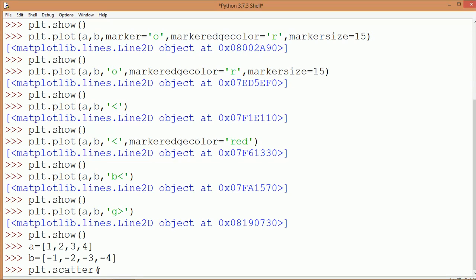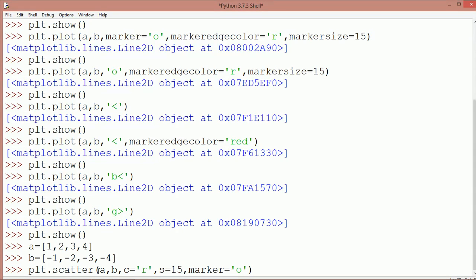plt.scatter. So what data do you want to plot? A comma B. Then we write the C attribute for color, C equal to the color code. Suppose we have the color code R, red. Then S means size of the marker, S equal to size, suppose we want 15, comma marker attribute is for marker style. So let us give marker style as O, that is circle type.